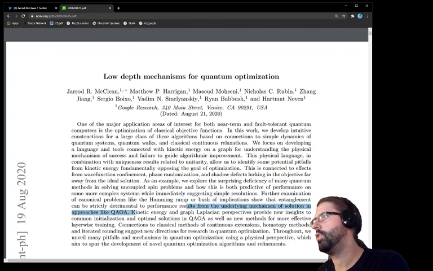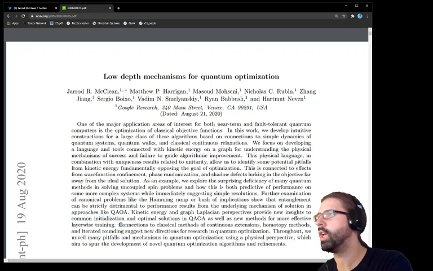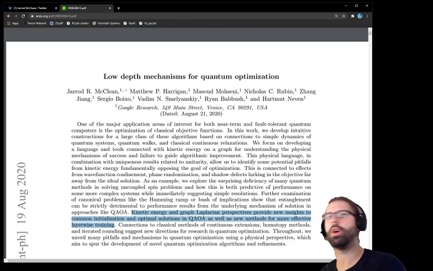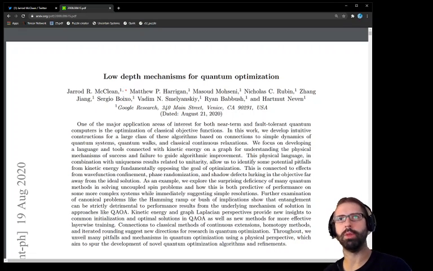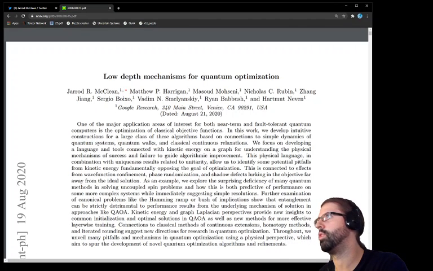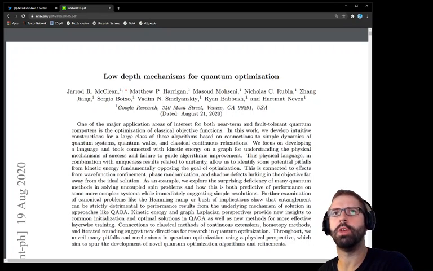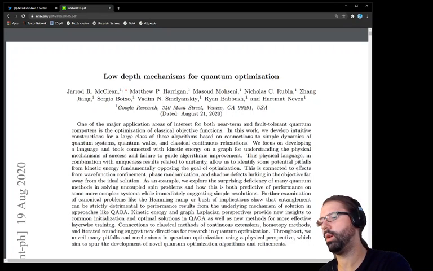Interesting. Kinetic energy and graph Laplacian perspectives provide new insights into common initialization and optimal solutions in QAOA, as well as new methods for more effective layer-wise training. Okay, that can be interesting. I think that alone makes it worth the 30 pages. I'm not going to go through this sequentially, and it's probably going to be multiple videos. Before going back to wrapping up the whole portfolio optimization, I just thought it was interesting to take a look at this kind of stuff, beyond standard VQE, beyond